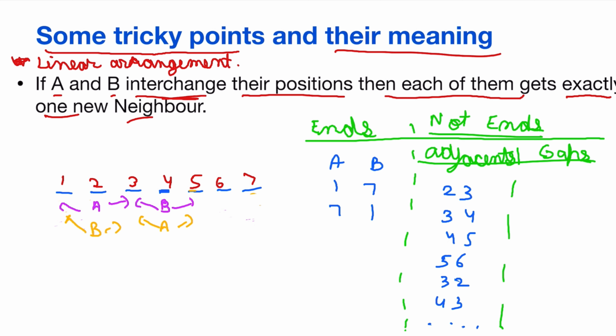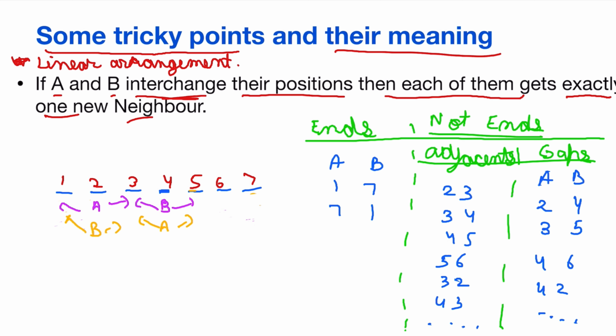This means that I can place them at 1 gaps. Why? Because in that way, both of them will have exactly 1 new neighbor. Therefore, I can say that I can place A and B at 2, 4, 3, 5, 4, 6, 4, 2 and so on. Got it? So this is what you can understand from this statement, and how it actually helps you